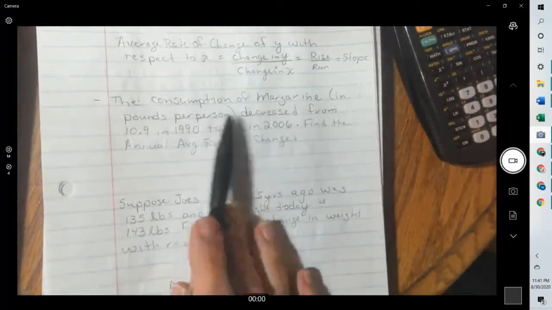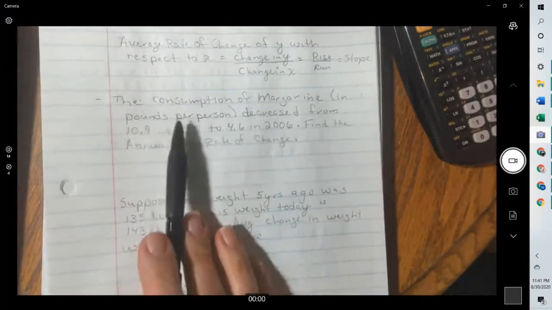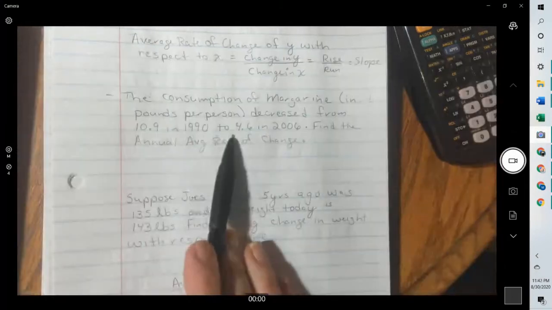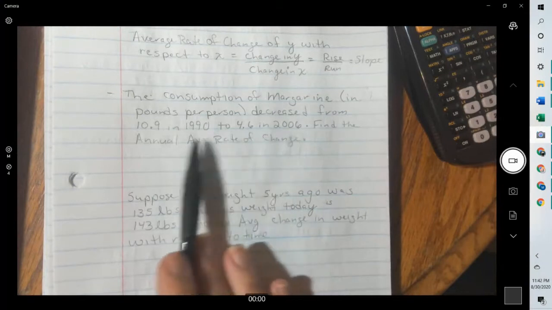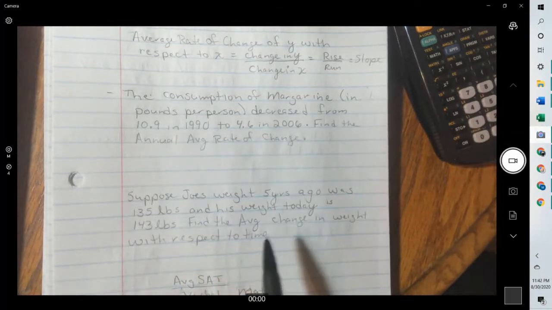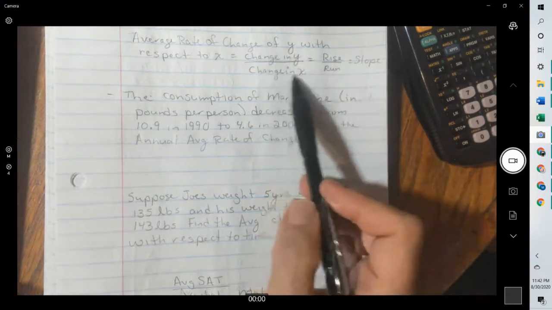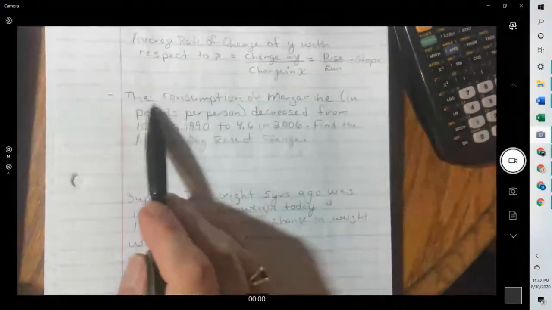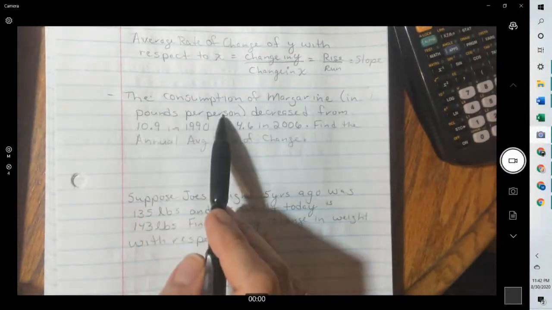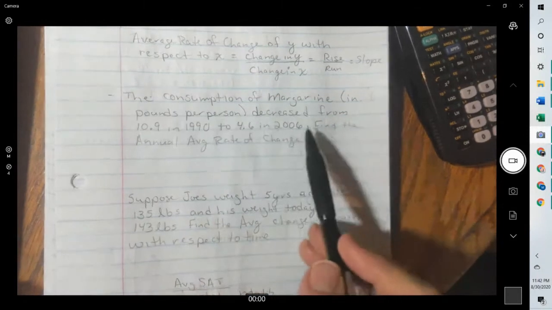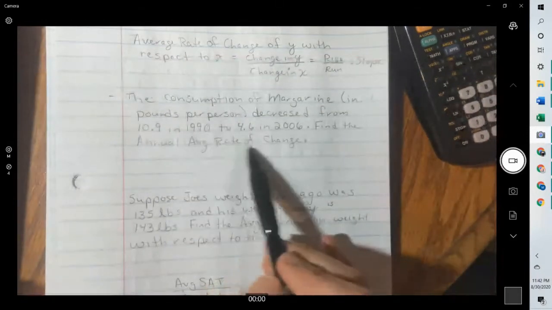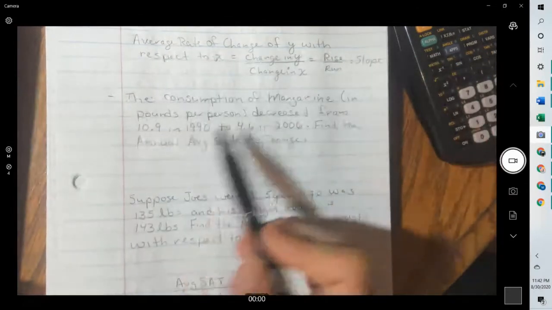If we look at a problem, the consumption of margarine in pounds per person decreases from 10.9 in 1990 to 4.6 in 2006. Find the annual average rate of change. Now, when you're finding your rate of change, we want the change in y over the change in x. Pounds is on top because per means to divide, so it's pounds over person. And we want the average rate of change. Oh, annual. So